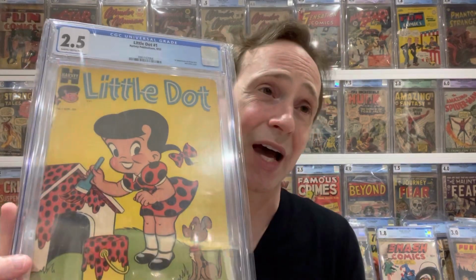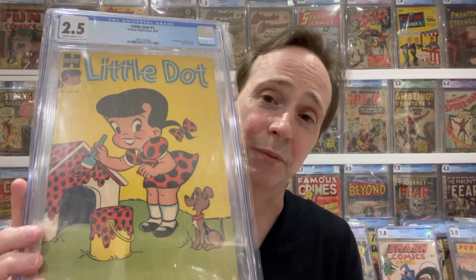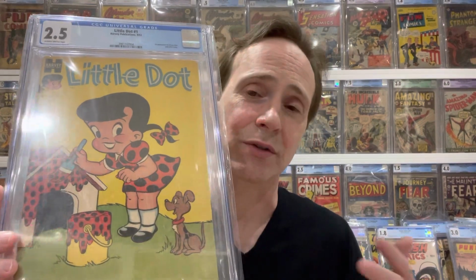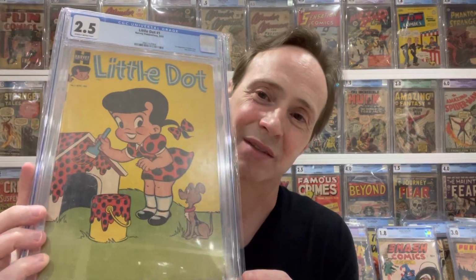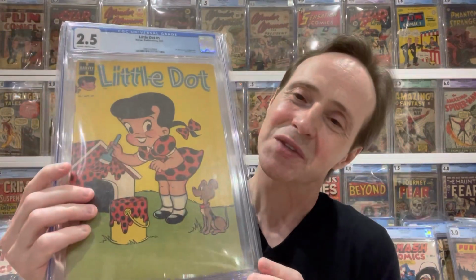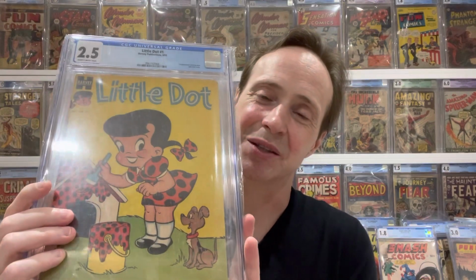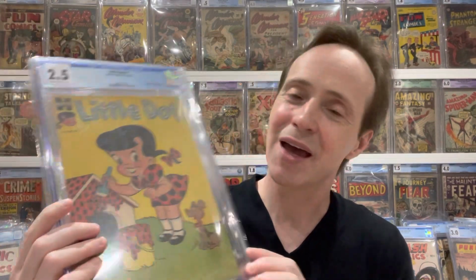Now, Richie Rich did have a movie, but really most people are fans of him because of his TV series and also the comics. His comics have been running since this book came out, which is 1953. So they've been continuously running Richie Rich comics. Just a really great series. I like Richie Rich. I'm a big fan. So this is Little Dot #1 from 1953, and it's a 2.5, and as I said, it goes for about